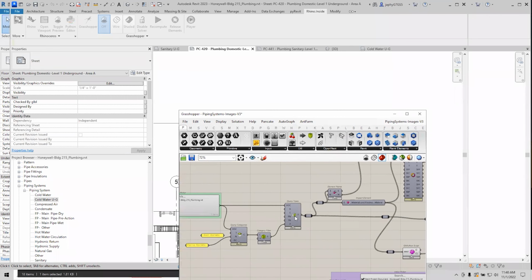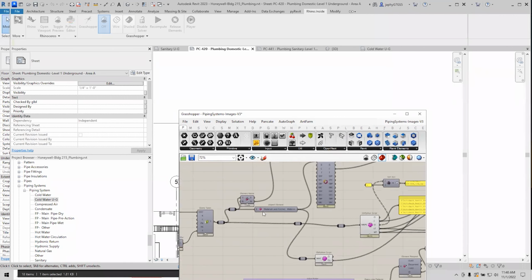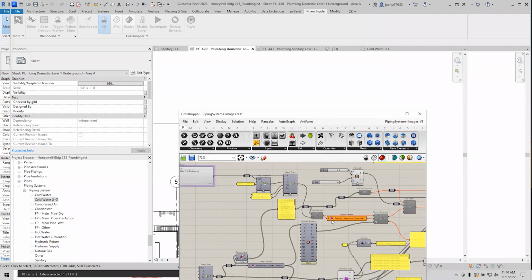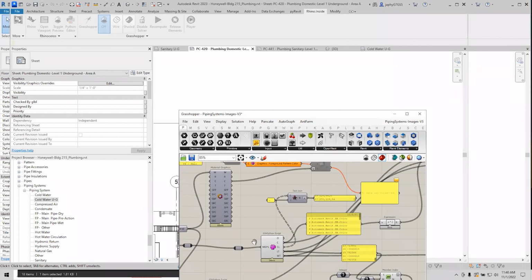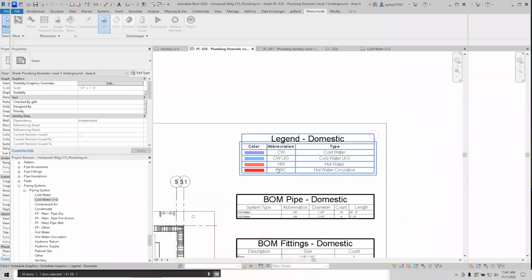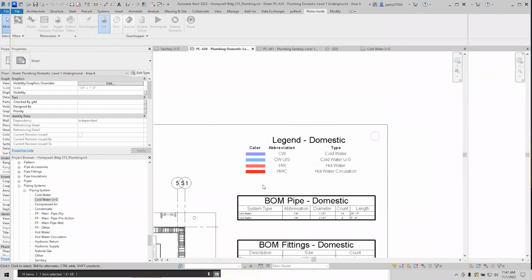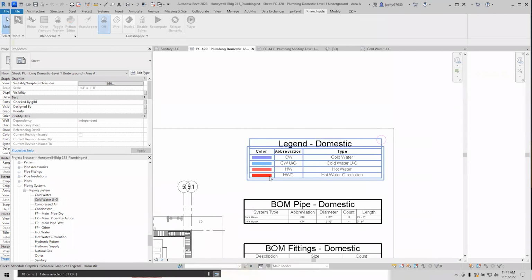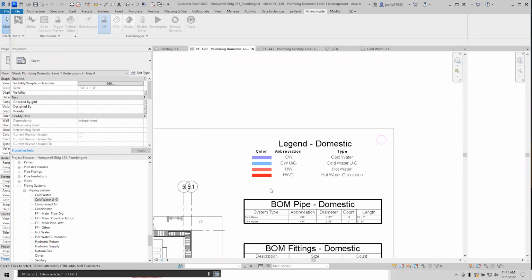We're getting a list of items, or where's my items? I guess it's over here. But hopefully that will give you some ideas for, instead of using the old legend component,